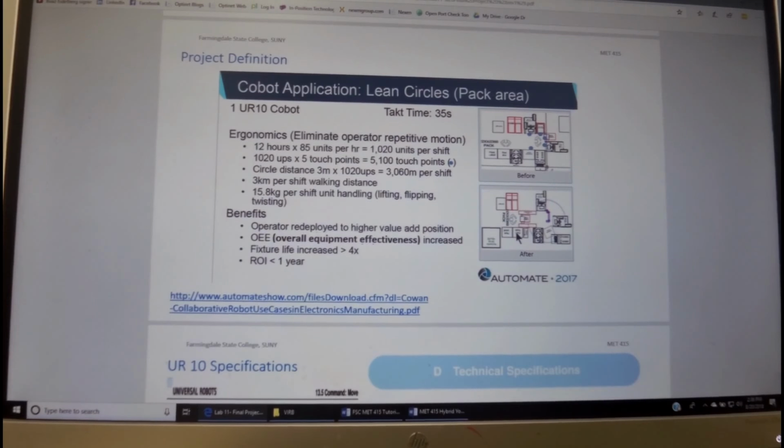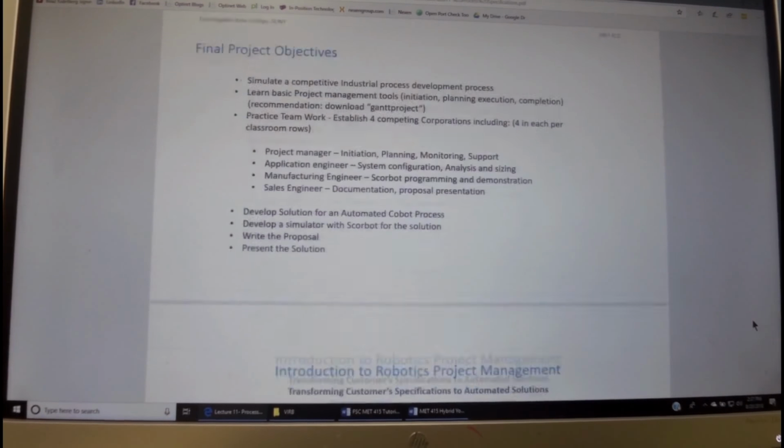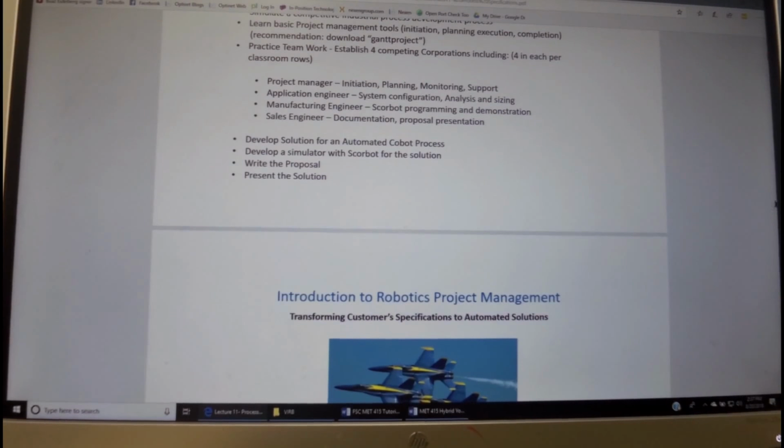The human operator will test it, and then if it's good, it's going to be placed on an output conveyor. If it's not good, it's going to be rejected. So that's a sample of a project that we'll be doing, and we'll talk about the specification of this specific project in the lab area.